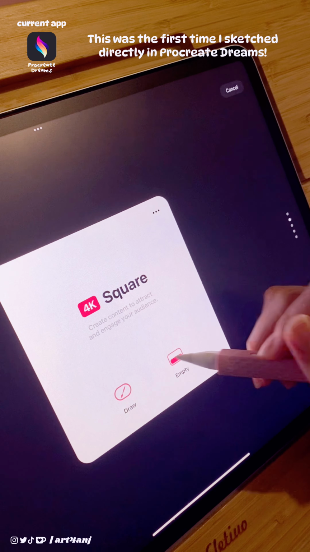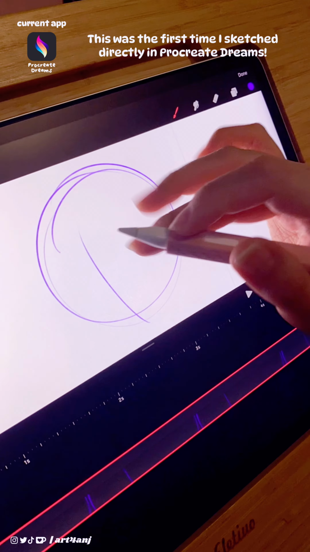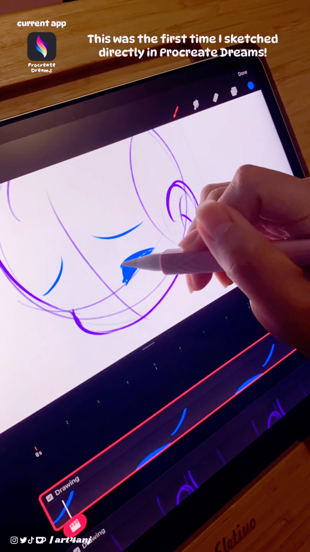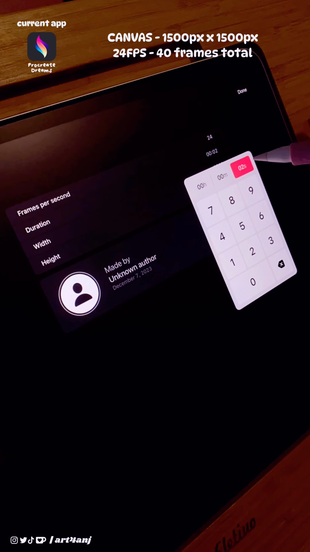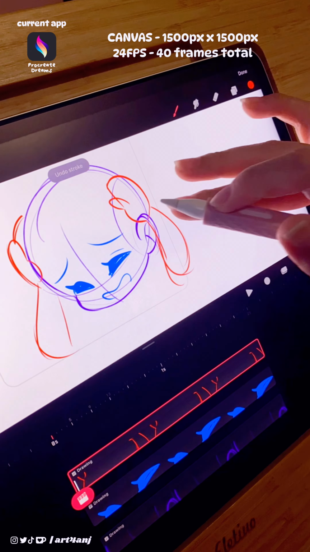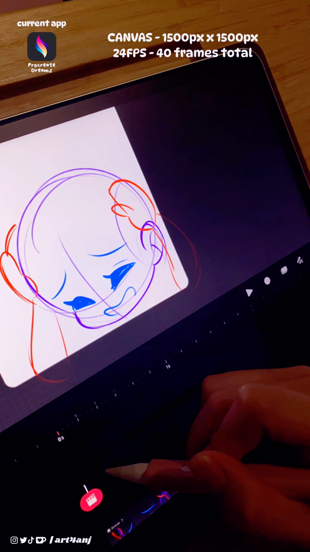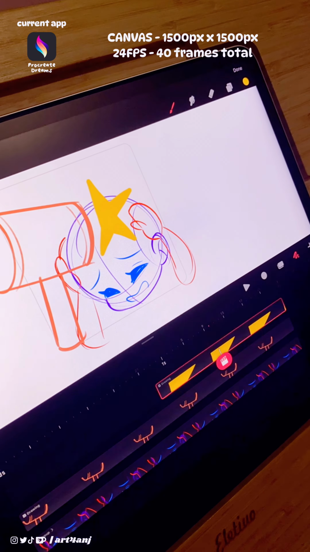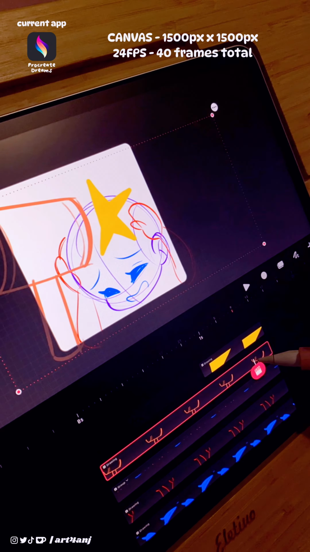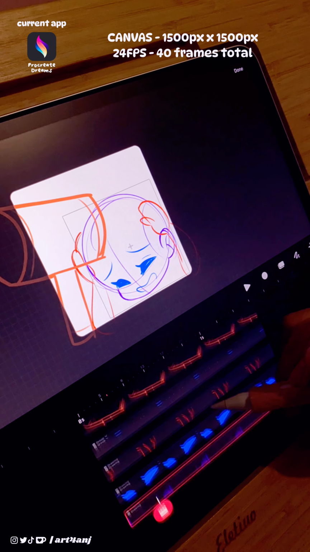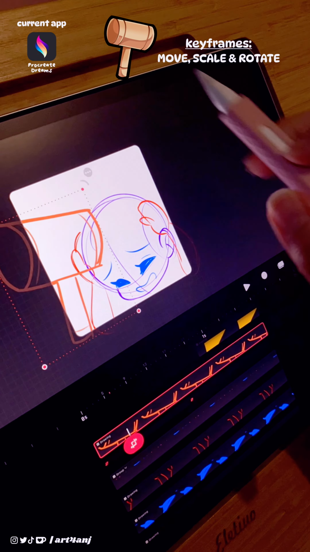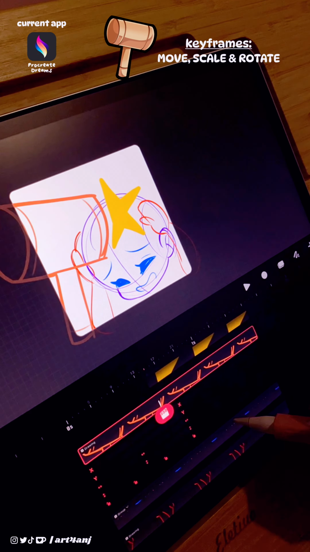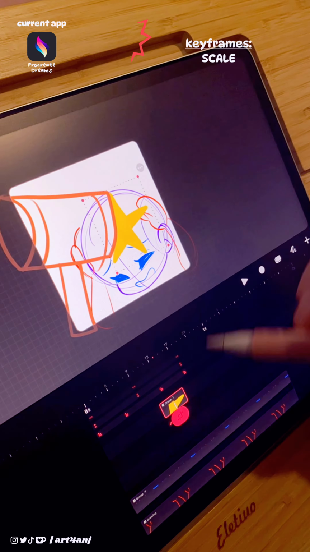As I mentioned in my intro, this isn't the usual process that I do when it comes to making animated emotes, at least with Procreate Dreams, because right now I'm sketching and planning a rough animation before I get to the drawing and rendering back in the Procreate app. Unfortunately, Dreams is still lacking with its drawing tools, specifically like the lasso tool or clipping mask tool, so at the moment I don't really recommend that you render your final art in it, and I suggest that you use the drawing app that you prefer to do the final illustration, whether that's Procreate or another drawing app.